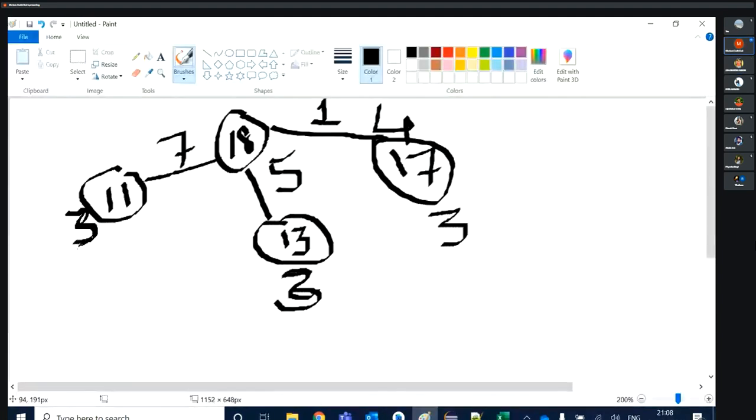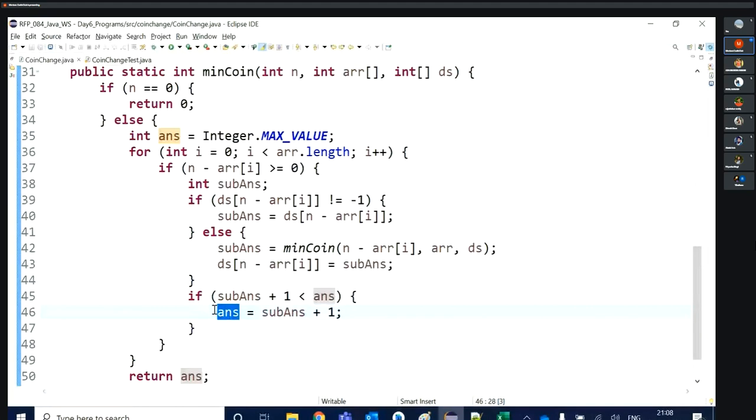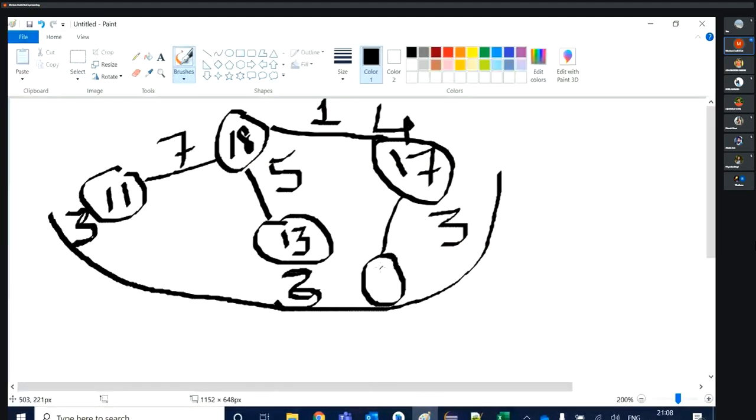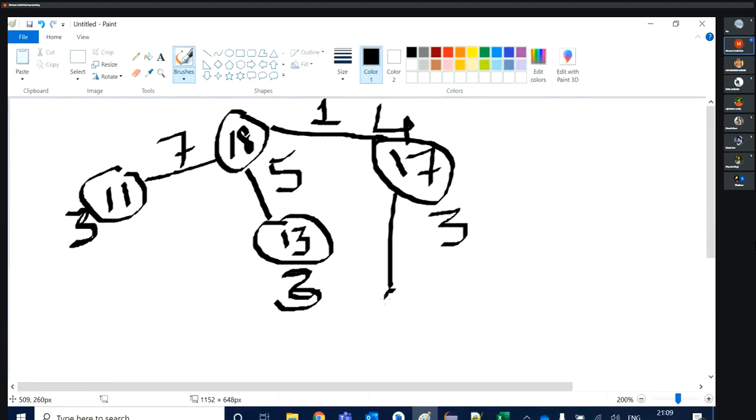But sometimes what happens, let's say for the 7, 10 is coming. If I'm using the denomination 7, 10 will be there. If I'm using 5, 12 rupees, and 1, then 16.